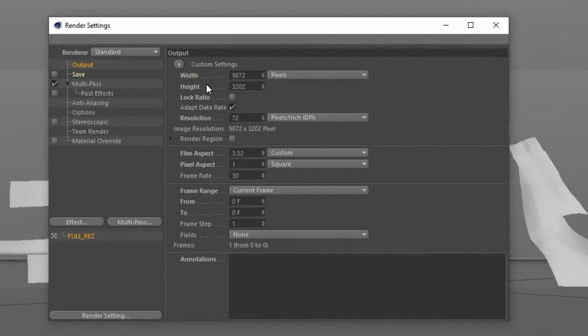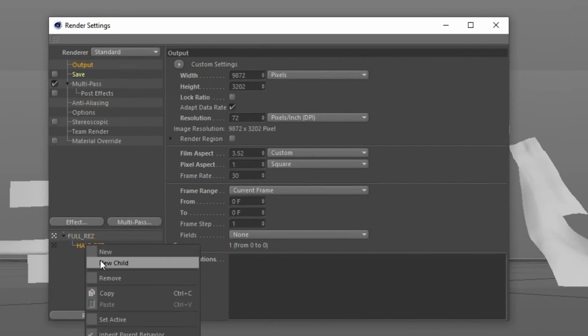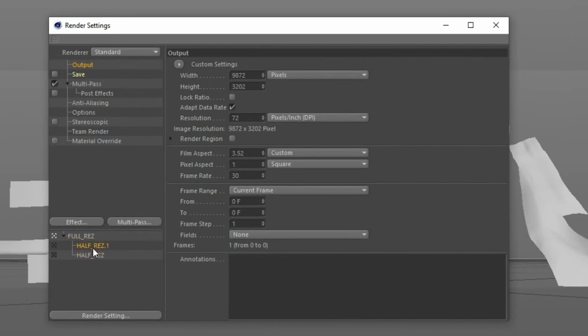So what I need to do first is create a new child of that, and for example make it half resolution. To make it half, it's super easy. I can use any type of multiplication or division, and I can just divide by 2. It's not exactly half res because of the way the pixels are split, but I can also do something even smaller, just in case. I can do a quarter resolution. And for that quarter resolution, of course, I'm going to divide my height and my width by 4.